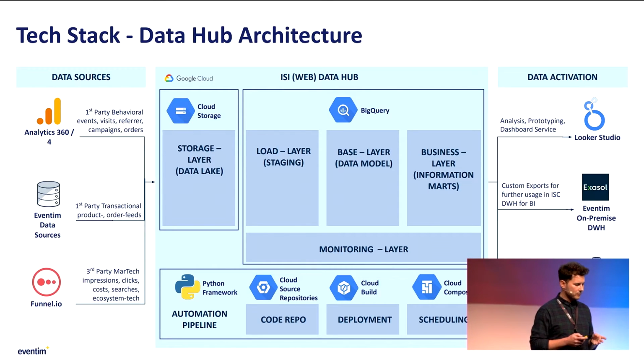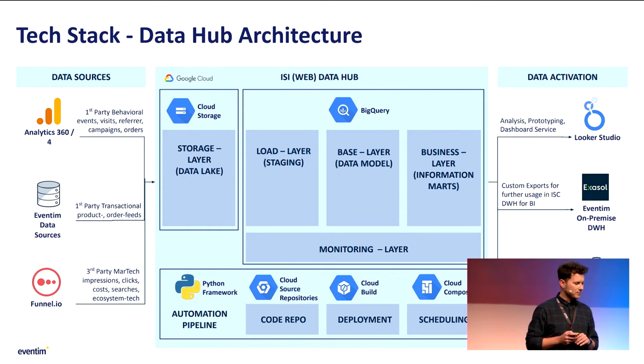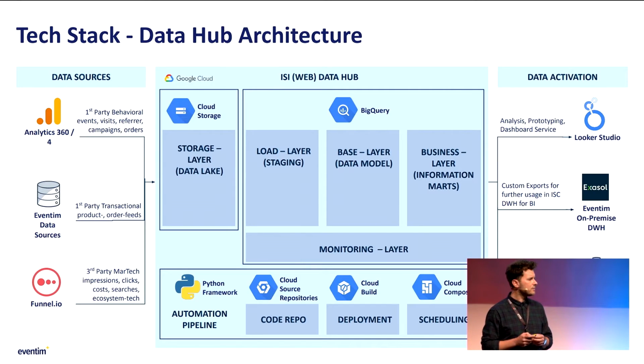So first of all, we have storage layers, also called data lakes. So not that big, but storage layers. I think it's a better naming for it, in cloud storage. So basically there we integrate data as reference data from the data warehouse, like the product feeds and order feeds, and also some other data from APIs we use, for example, the GA management API, to enhance and also to enrich data we already have in place.